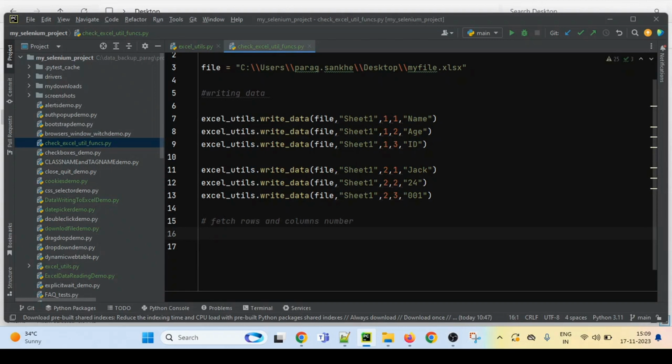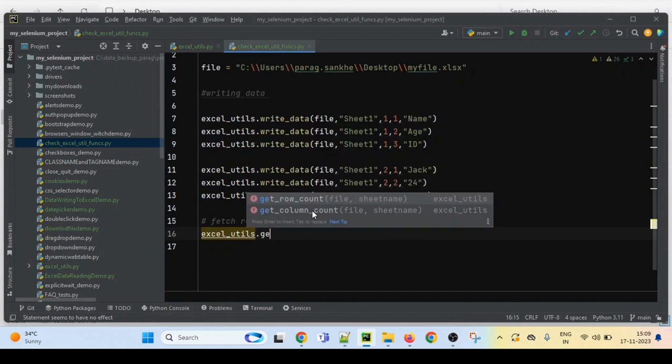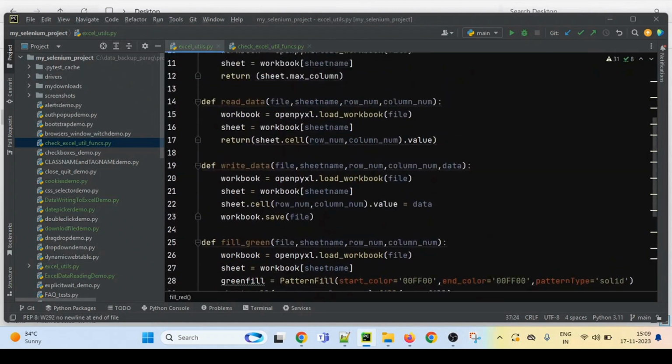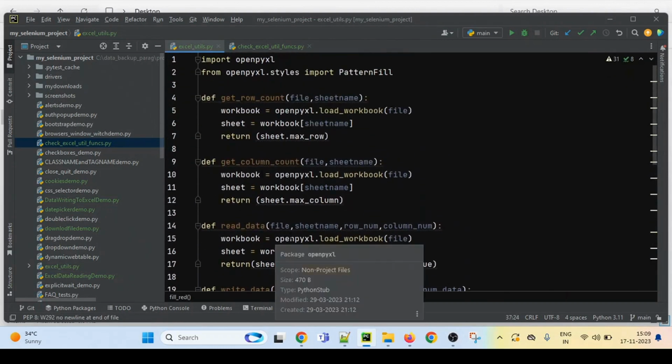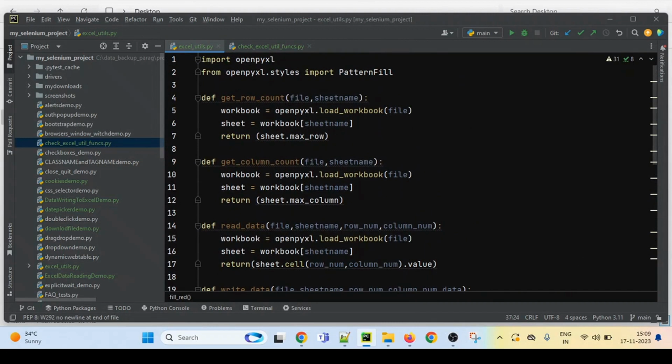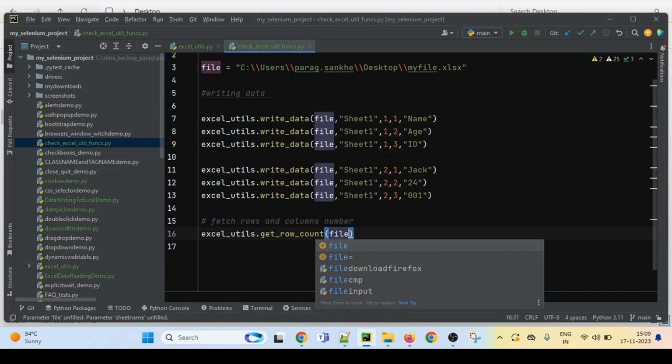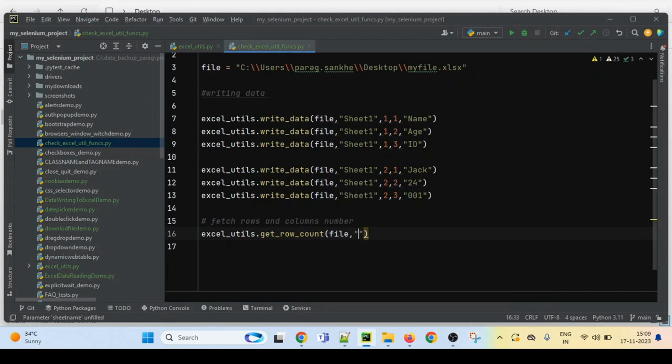So how to do that? We will simply again use Excel utils dot get row count, and here we have to pass 2 parameters. If you see this function, for get column and get row, we have to pass file and sheet name. So what is the file? That is again file, comma, sheet name is Sheet1.